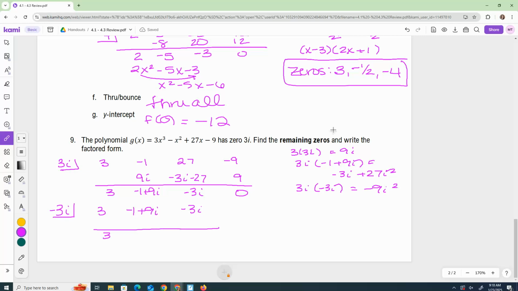So 3 comes down. 3 times negative 3i is negative 9i. Add those and get negative 1 times negative 3i is positive 3i, and that gives me 0. So this is 3x minus 1. Question was the remaining zeros, so we don't have to list 3i because I gave that one to you. 1/3. So the negative 3i that we had and the 1/3 are my